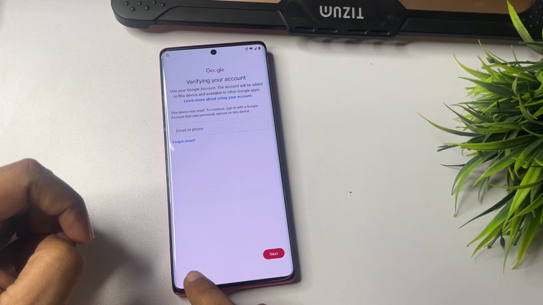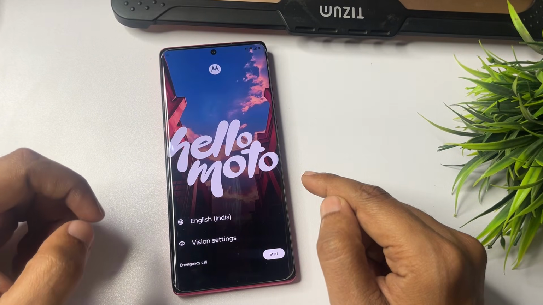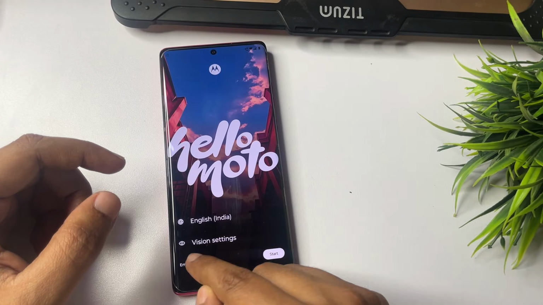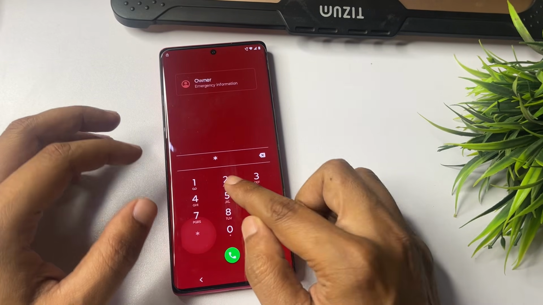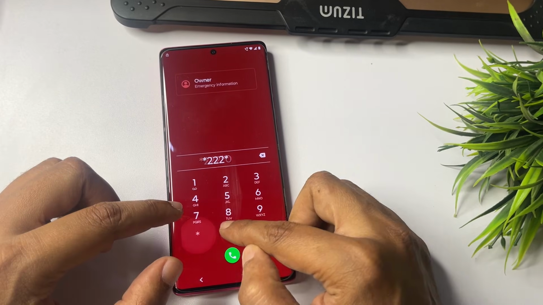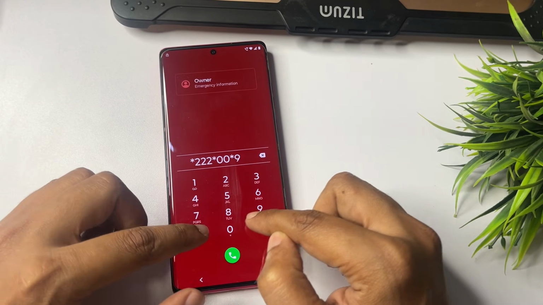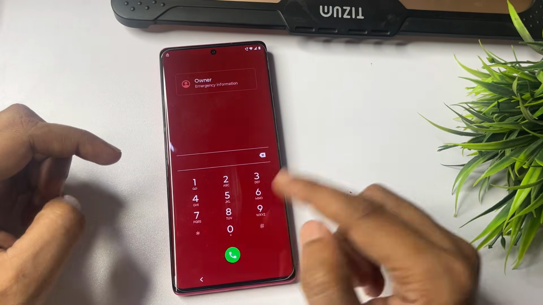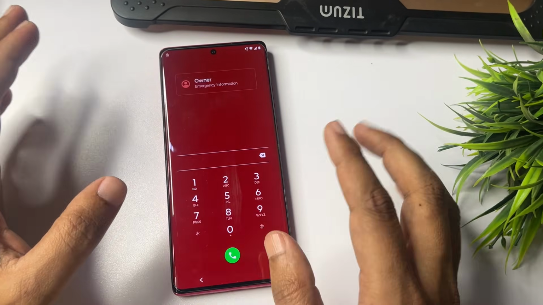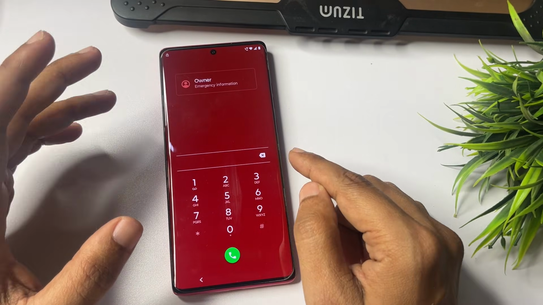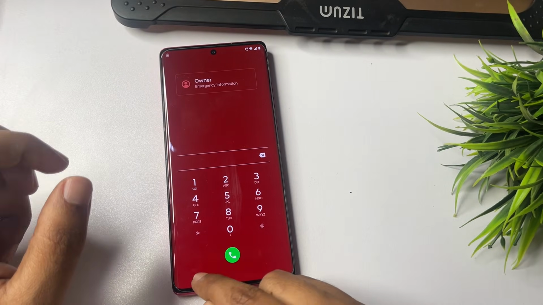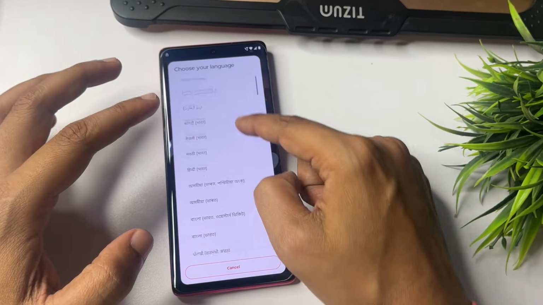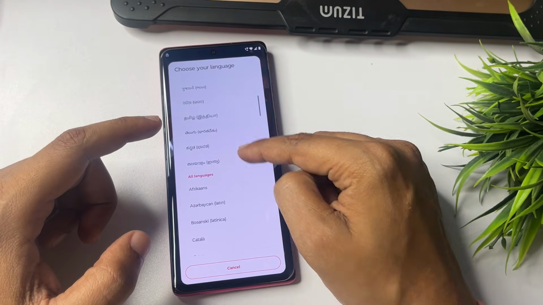First of all, you will have to reach the starting page here. Now on the first page you have to go to the emergency call option, and here you have to dial star 222 star 00 star 9 star hash. You have to enter this USSD code, then tap on the call option and go to OK. Now you can see the USSD code has been deleted from here, so go to the back option. Now go to the language option, and from here change the language from English India to English